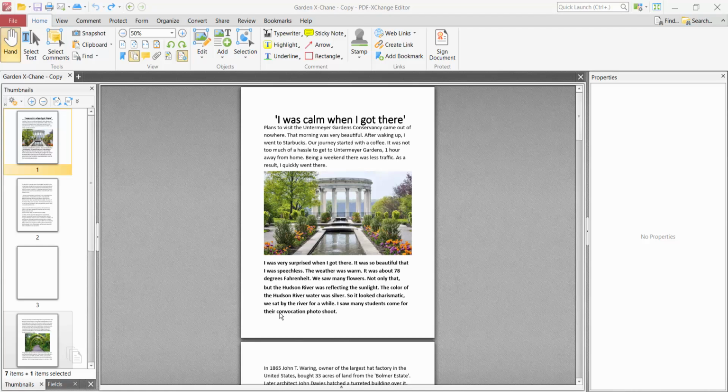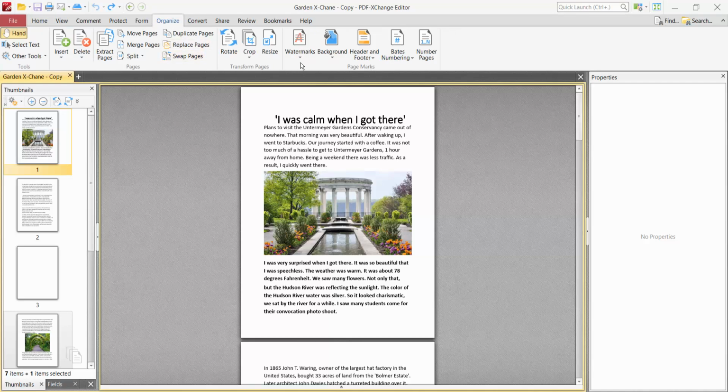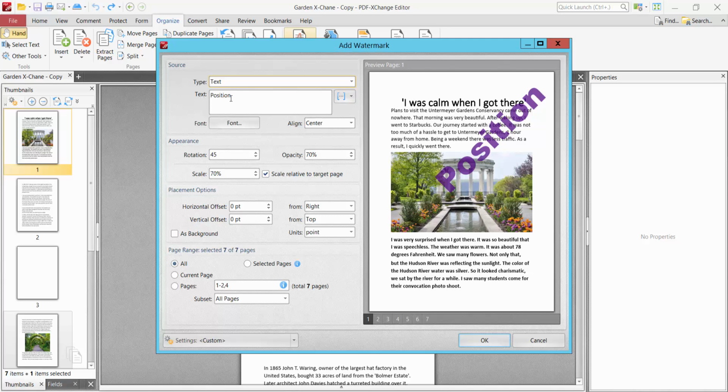Hello everyone, today I will show you how to set a watermark behind the page or use as a background. Open your PDF file. Now select organize option and select your watermark option and select add watermark, and this is text watermark and type your watermark name,